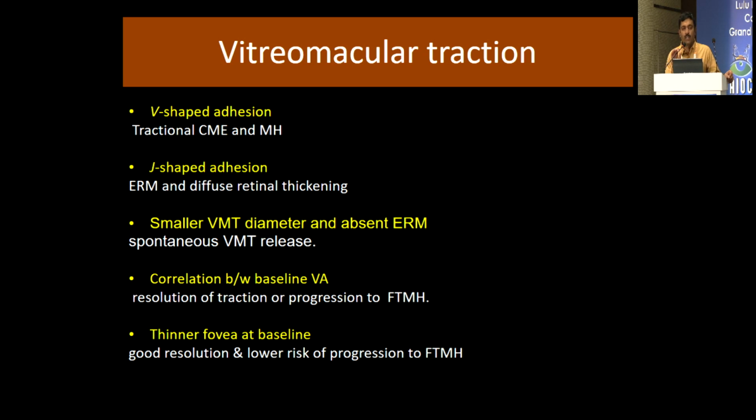A word about the VMT: as we know, many VMT patients have an anomalous PVD. So the type of attachment, adhesion or traction can affect the outcome. For example, V or J shaped, which has been typically described, tends to have a different outcome. One may have an associated macular hole. One may get away with this. Smaller VMT